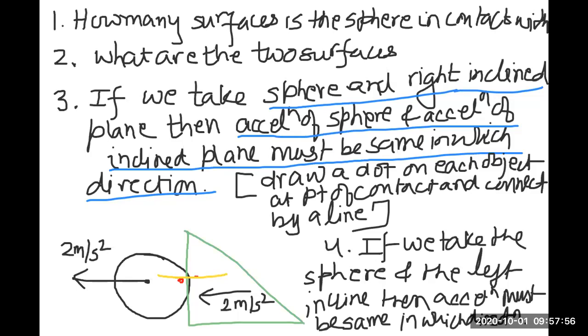All you have to do is now draw that yellow line and that's it. और कुछ नहीं करना है।